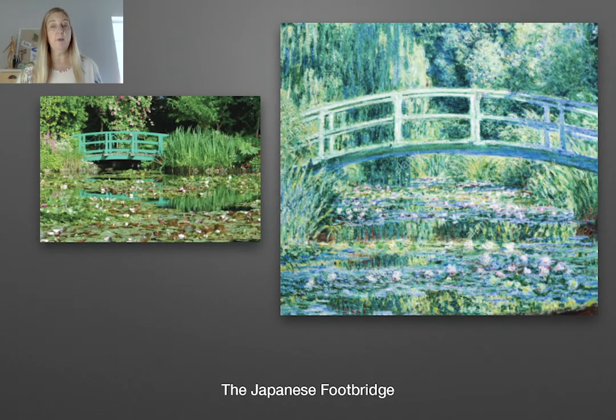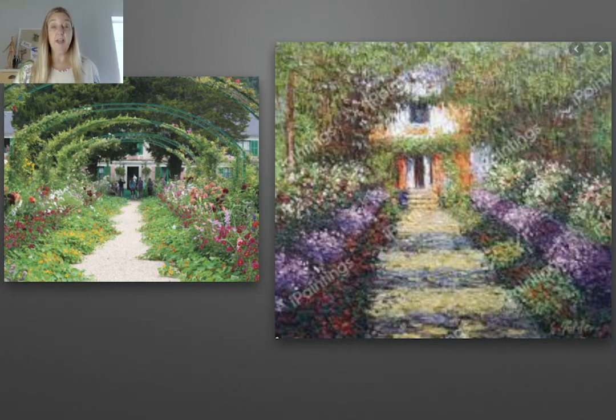So you'll see his painting on the right, and the current picture of what the Japanese bridge looks like on the left. And they're pretty close. They've kept the gardens pretty close to what he liked it to be. Here's another picture from a garden: on the left is a current picture of the garden that he painted on the right. So there's still a very similar look to it. Like I said, the gardens in France are still kept that way.